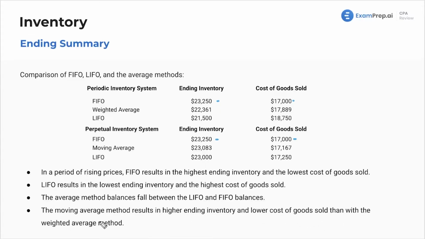average method. These are all things that you can memorize, but I'd also recommend seeing them by doing it, right? That way you get familiar with it and you're like, okay, well, this makes sense. Like, not only did Nick tell me to memorize it, but I tried it myself and it makes sense. So with this being said, these are good examples, right? If you can do this, I'd say that you're 95% ready to answer inventory questions in the exam and you'd be good to go. So go practice this again, watch it again, answer some questions on your own, and you